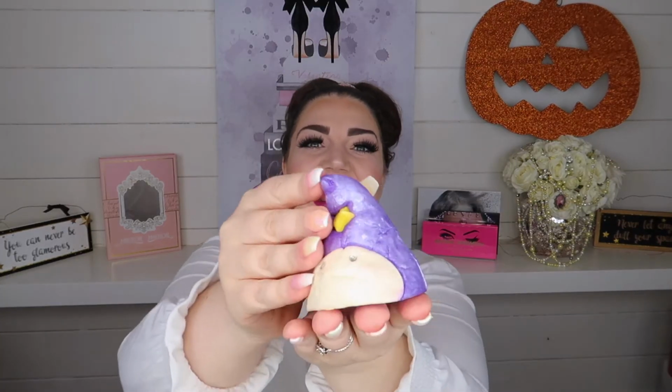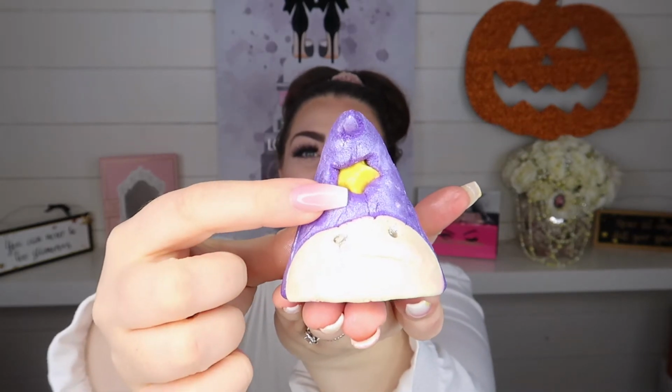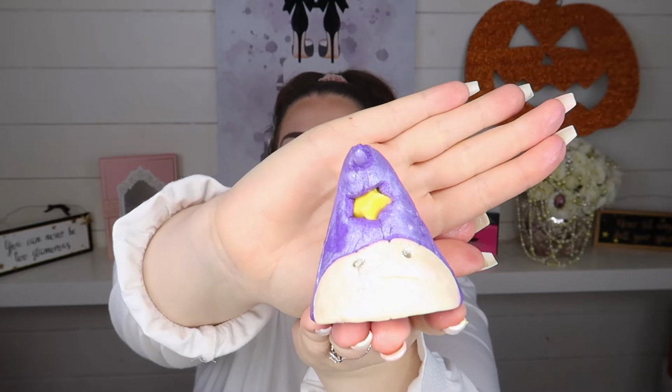Okay, so it should be just one more thing left. So what have we got here? Shut up, I love it. It's a little wizard with his hat. Look, he's got a little star. Oh, I actually love that. Oh, it's like Harry Potter. Oh, that's so cool. And he's pearlized as well. Oh, that's really good. That smells...